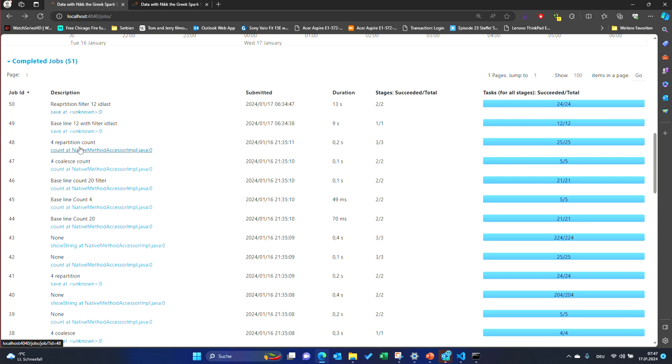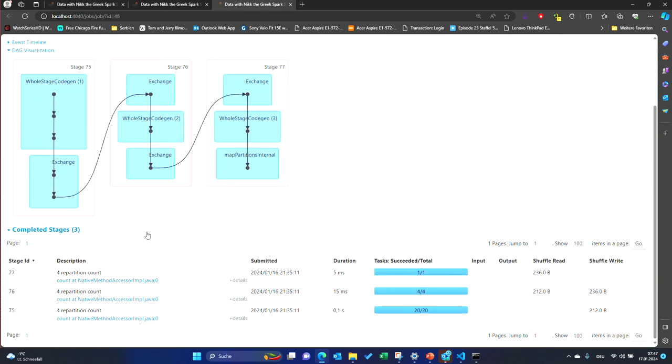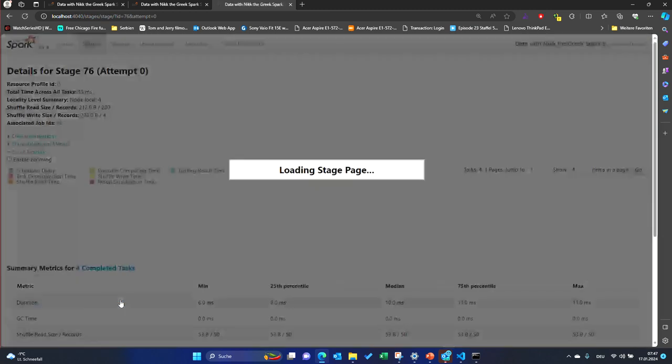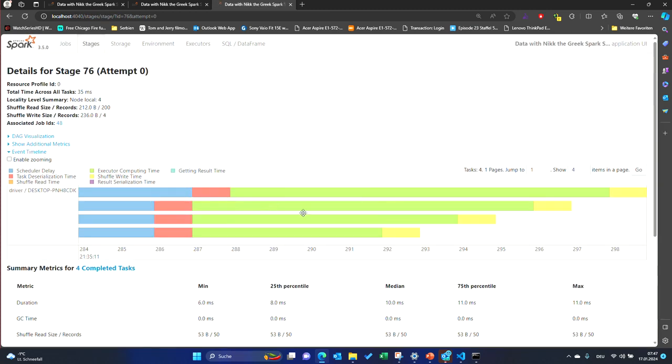So now let's do the same thing with repartitioning. Let's have a look at what's happening there. Of course, we now have 3 stages. The first is the repartitioning part, which you're going to see here, and then we have the counting part afterwards. Also here you can see the duration for the counting became a little bit better. Here we have it a little bit skewed, so it seems like coalescing